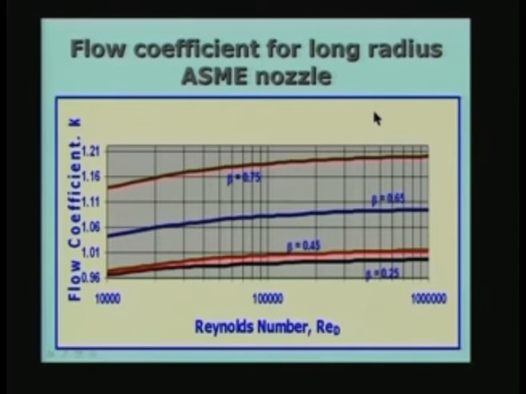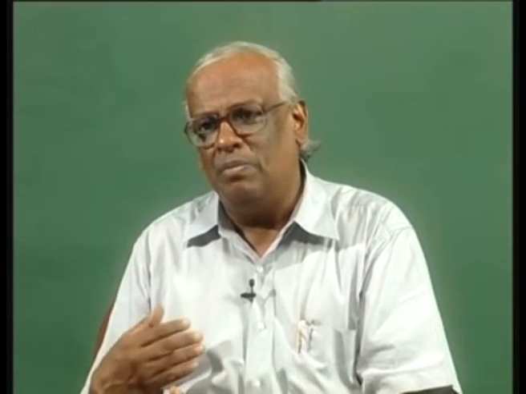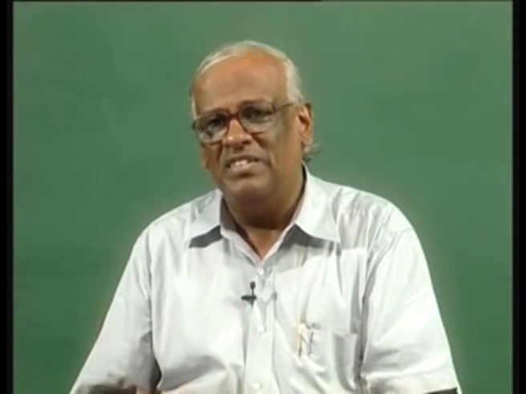So, if you compare the orifice plate and the nozzle, the orifice plate has a low value of flow coefficient, and if you go back to equation number 6 which showed the dependence of Q versus the rest of the things, if the coefficient of discharge is smaller or the flow coefficient is smaller, it means that the delta P generated will be higher. Okay. So, the orifice plate is going to give you a larger pressure difference as compared to the nozzle in this case.